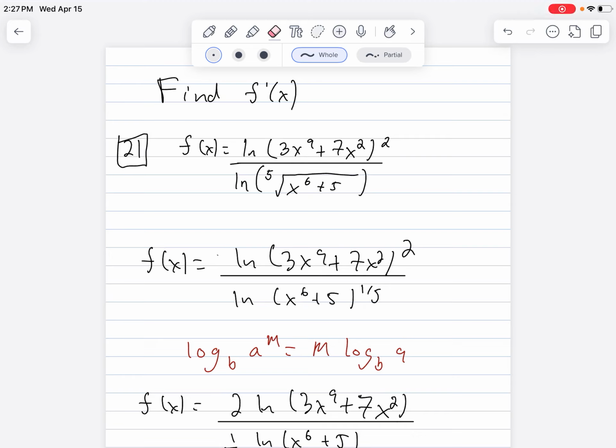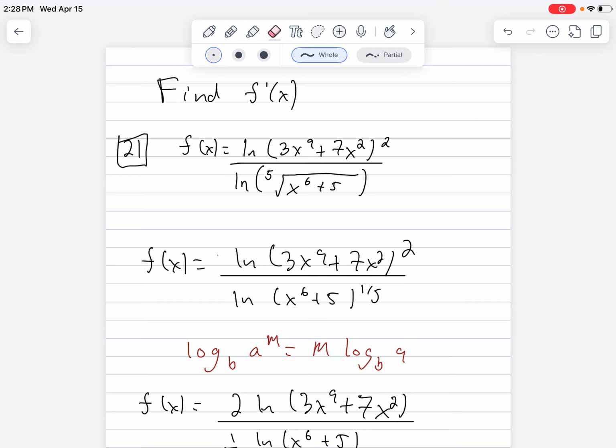All right, hello everyone. So today we're going to look at a couple functions for which we need to find the derivative, but it helps to do some algebra beforehand. So I'm going to start with 21 here, and I'm going to start first of all by rewriting the denominator, the ln of the fifth root of x to the 6 plus 5, as x to the 6 plus 5